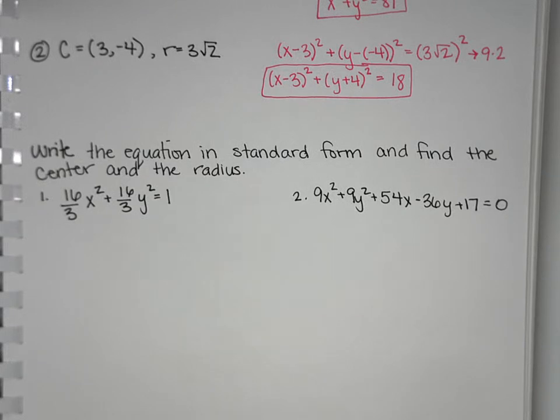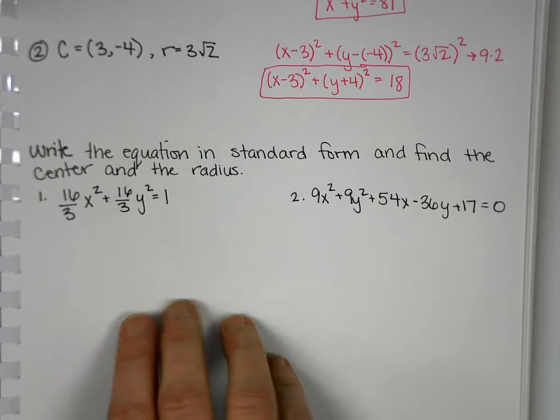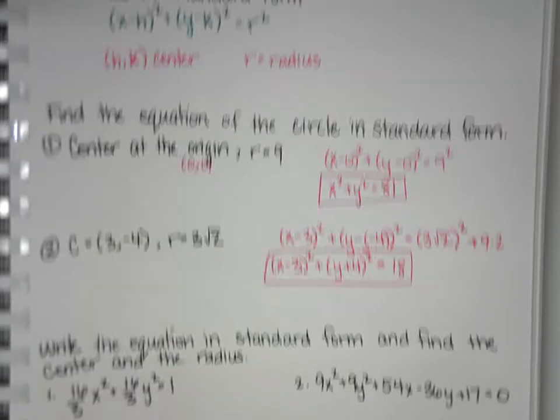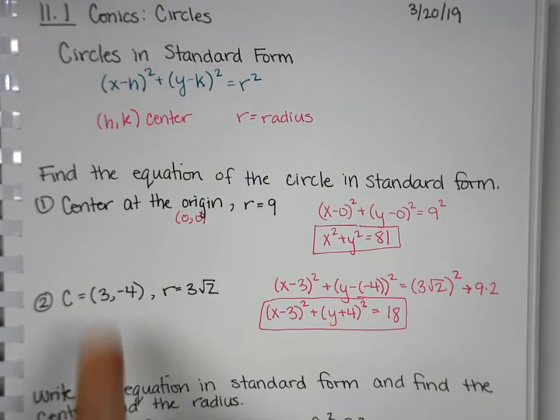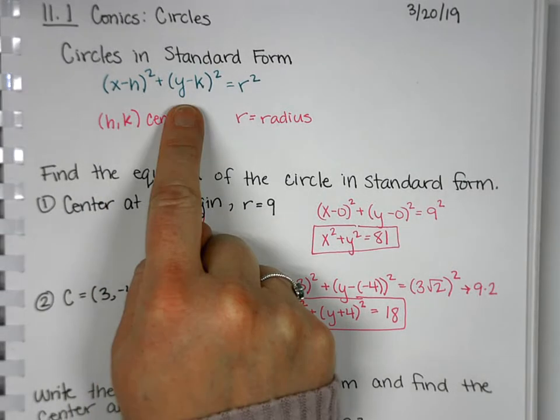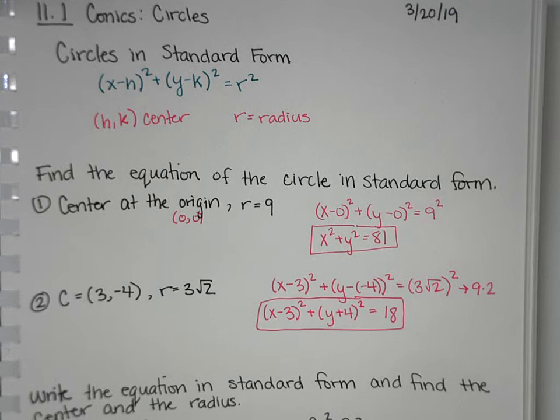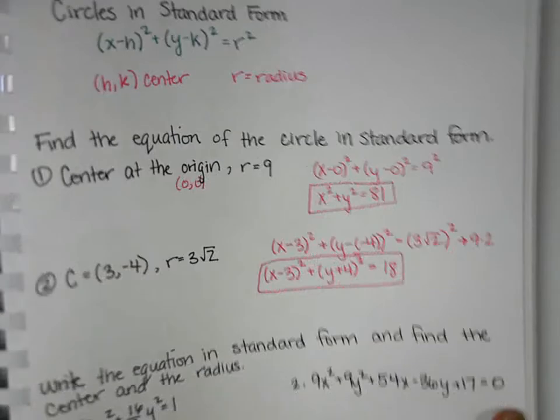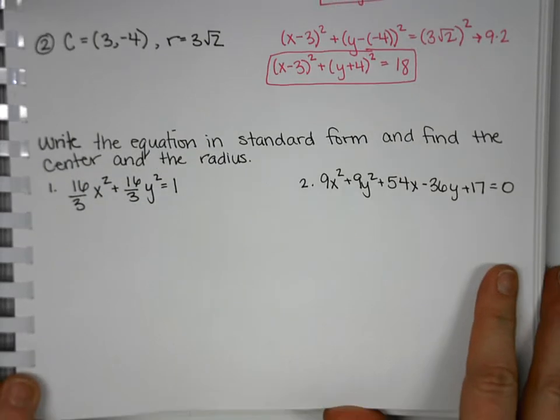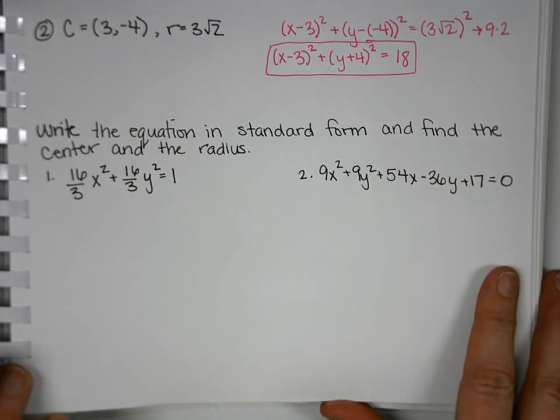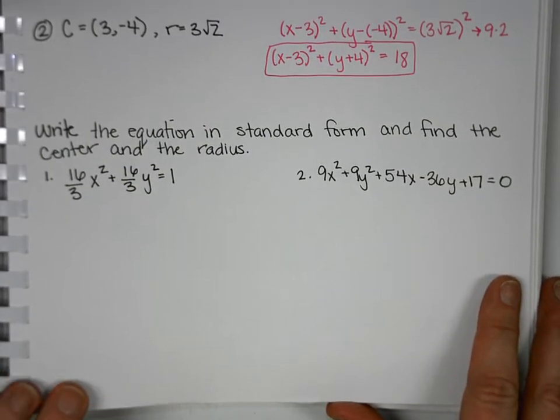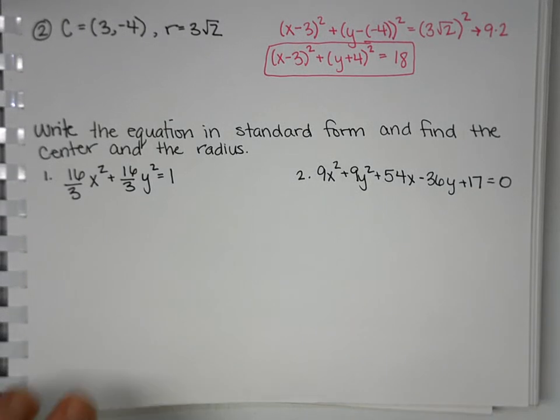Some of the key things that you want to know about your circle in standard form is that there should not be fractions or coefficients in front of your x and your y. So when we have those, we have to divide them away, because they need to be on the radius side, not on the center side. So in looking at this first one, for writing the equation in standard form, and then identify or find the center and the radius,